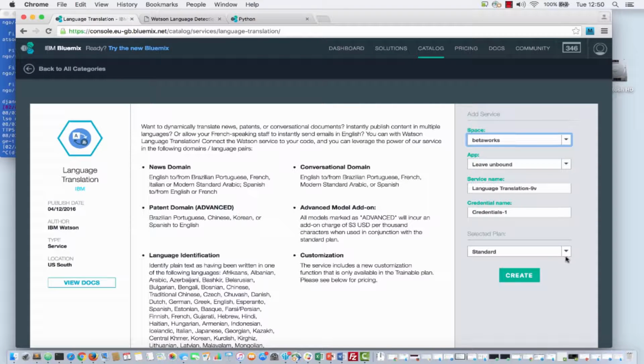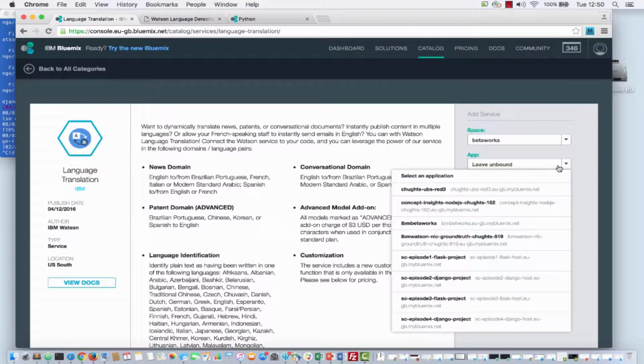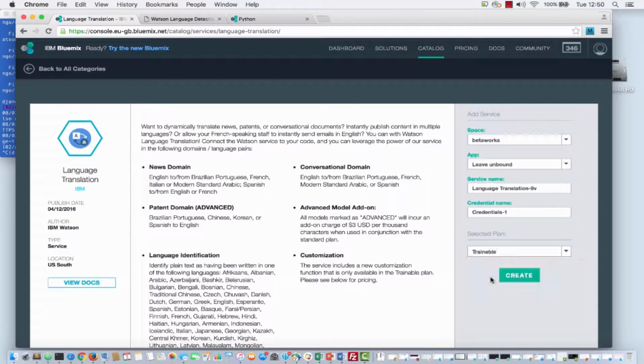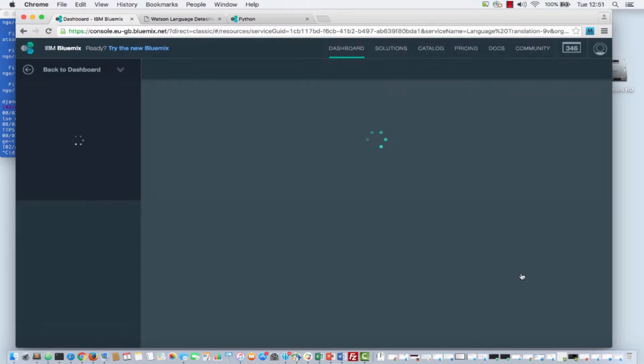Here you see some details about the service. We're going to leave the application unbound, and we're going to select the trainable plan, which will allow us to create our own translation models, which we won't cover in this series, but maybe next time. So we instantiate the service,